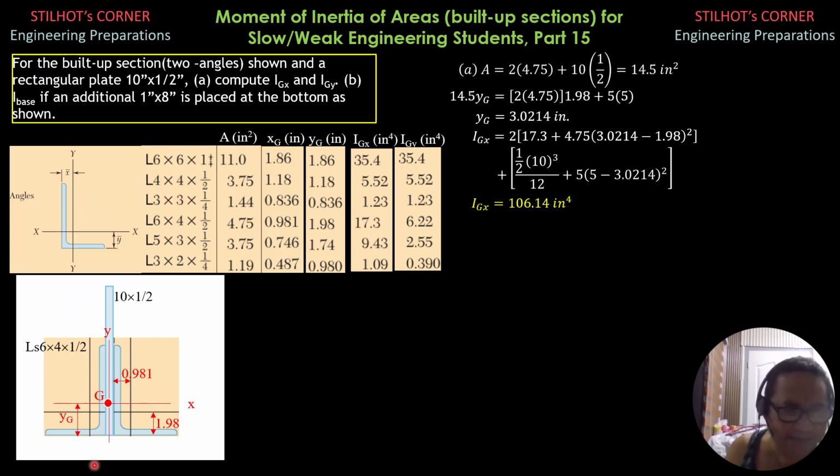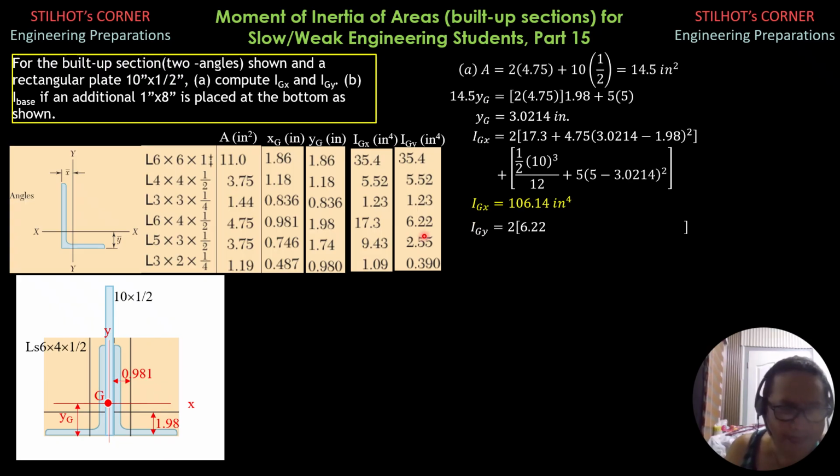IGY, on the other hand, we only transfer the centroidal moment of inertia of the angles, but for the rectangular plate, the centroidal y-axis of the entire section coincides with the centroidal y-axis of the rectangular plate. So there's no need to transfer. It is equal to 10 times 0.5 cube over 12. So for the two angles, 2 times